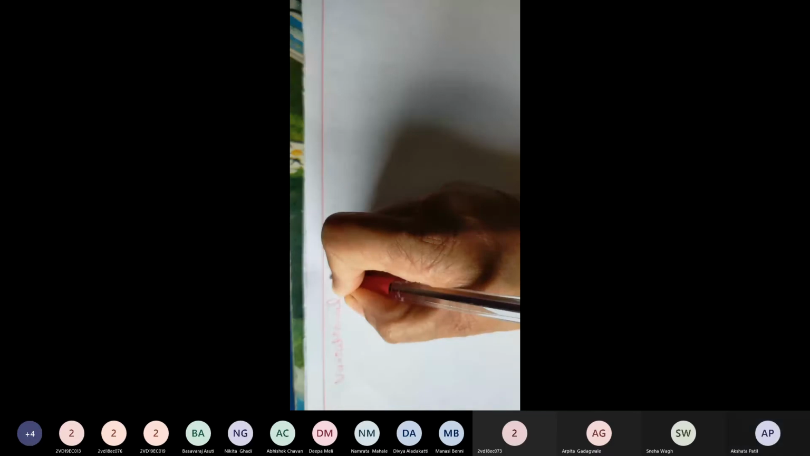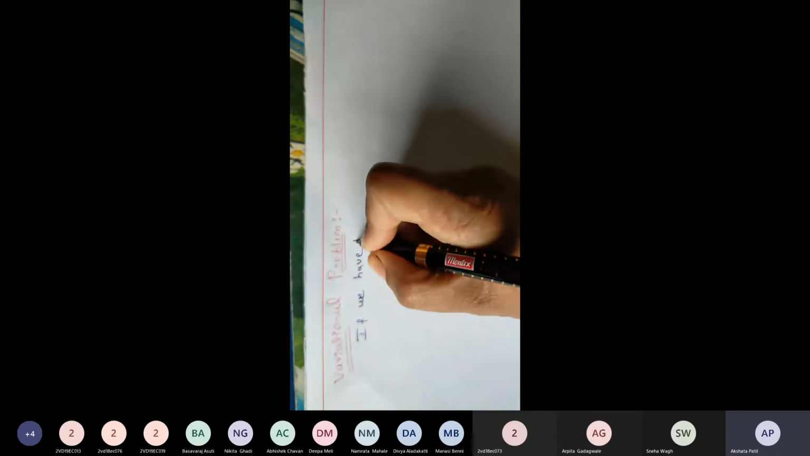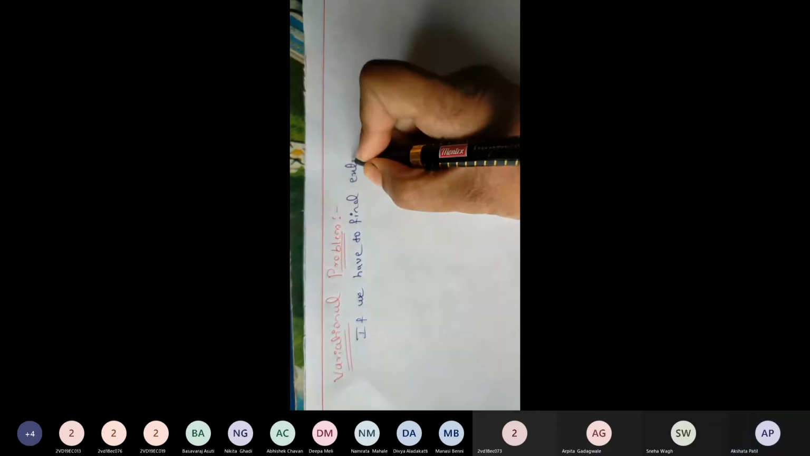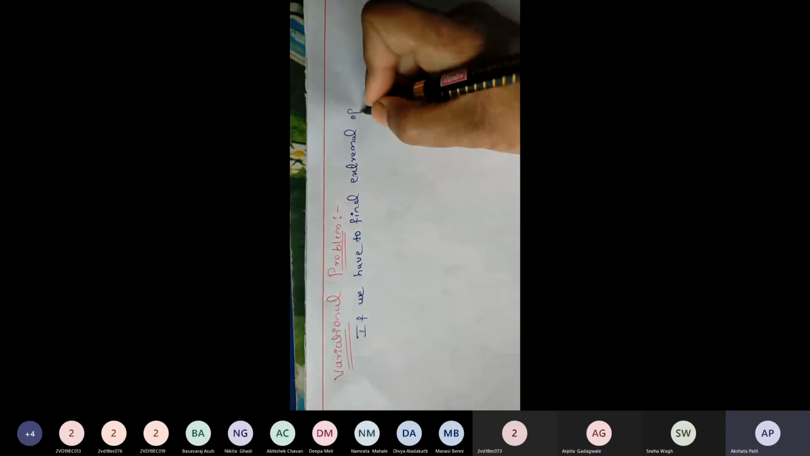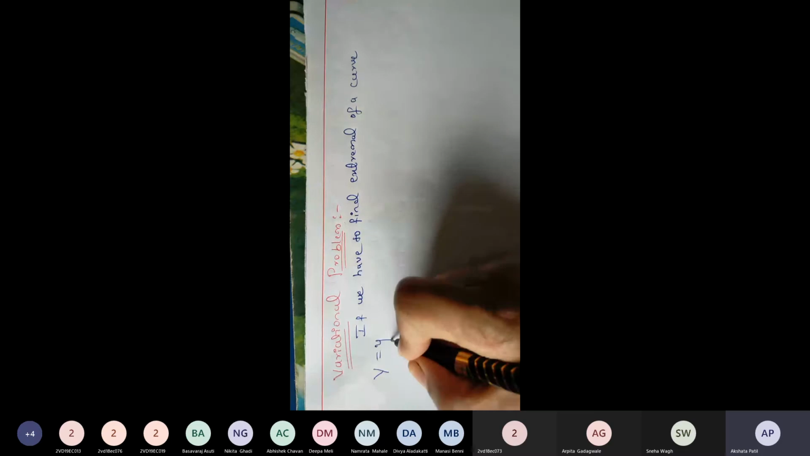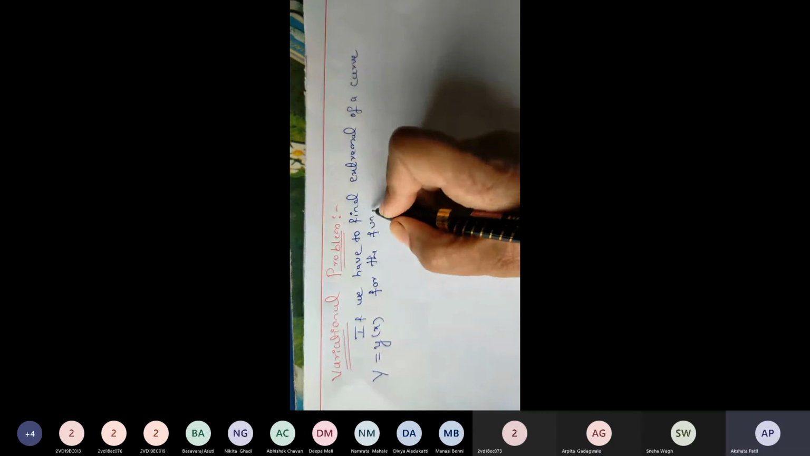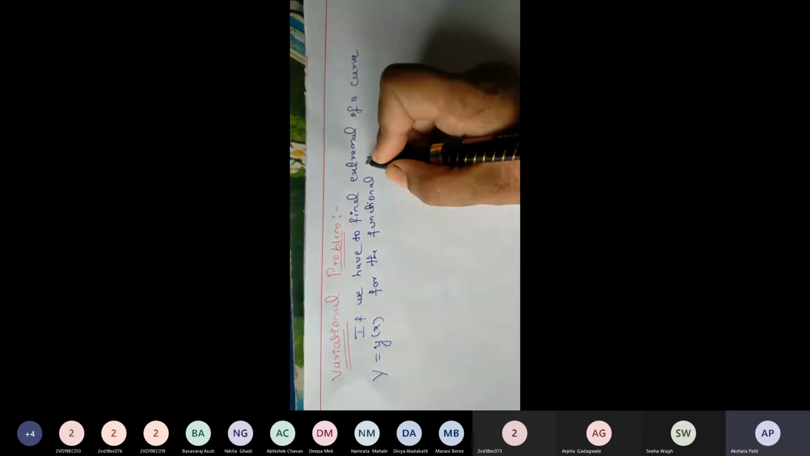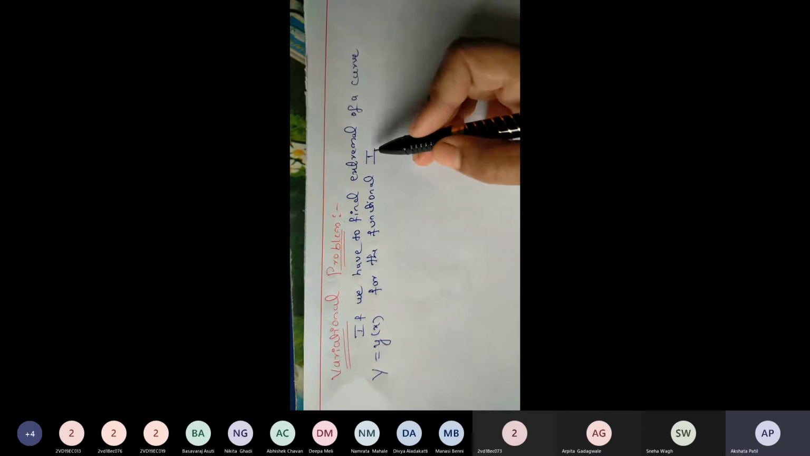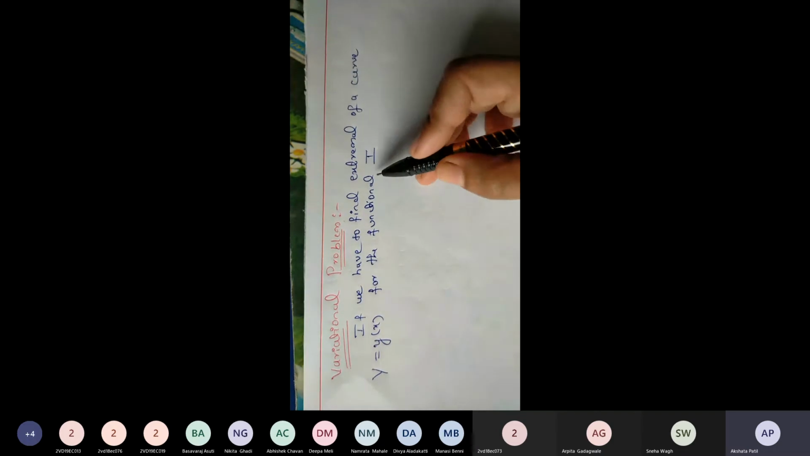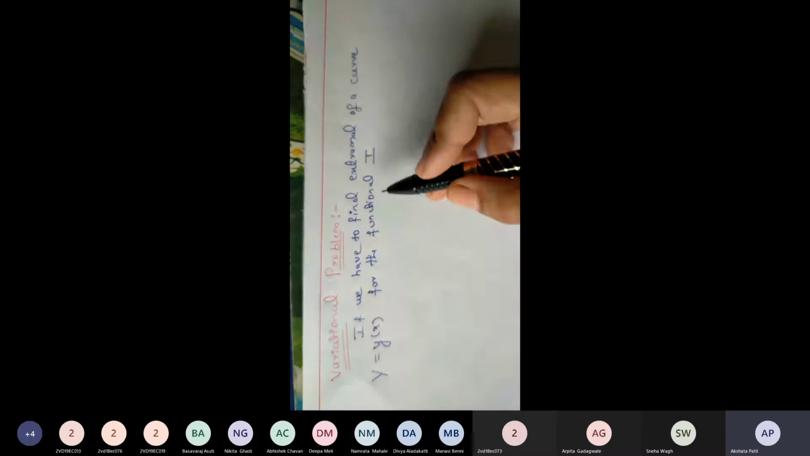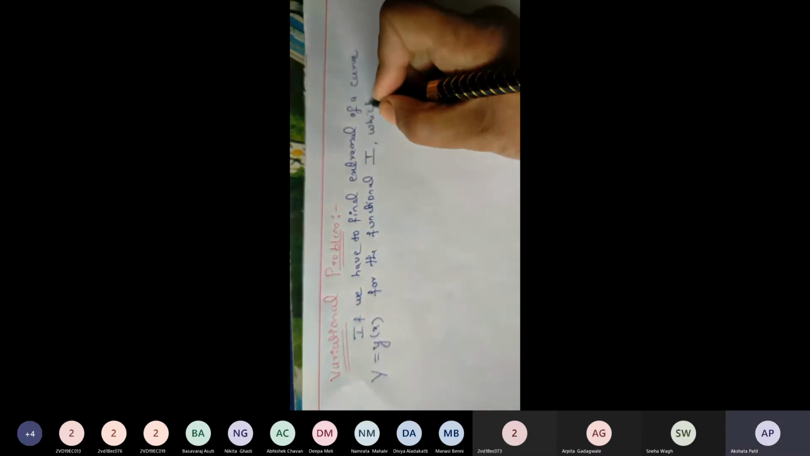Now, what is the definition of variational problem? If we have to find the extremal of a curve, that is capital Y equals y of x, for the functional, which we denote by capital I. Functional means we use this notation here. So for the functional I, which passes through